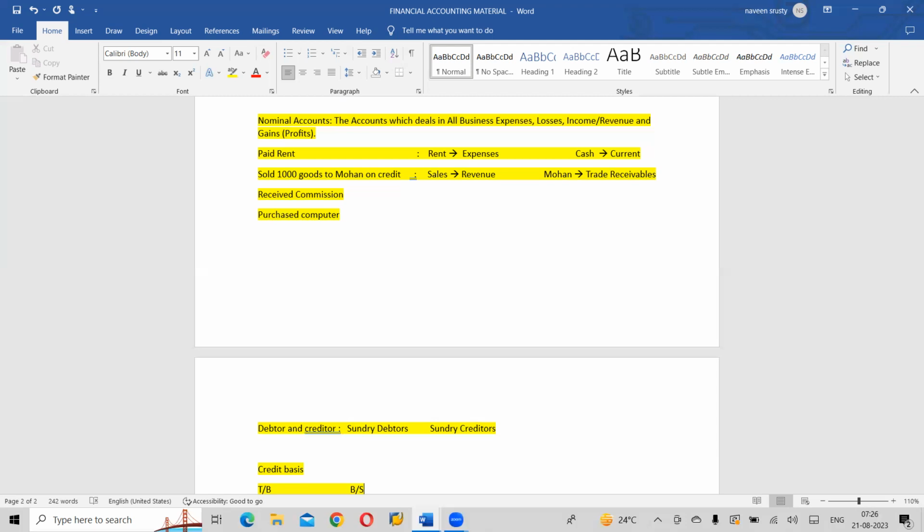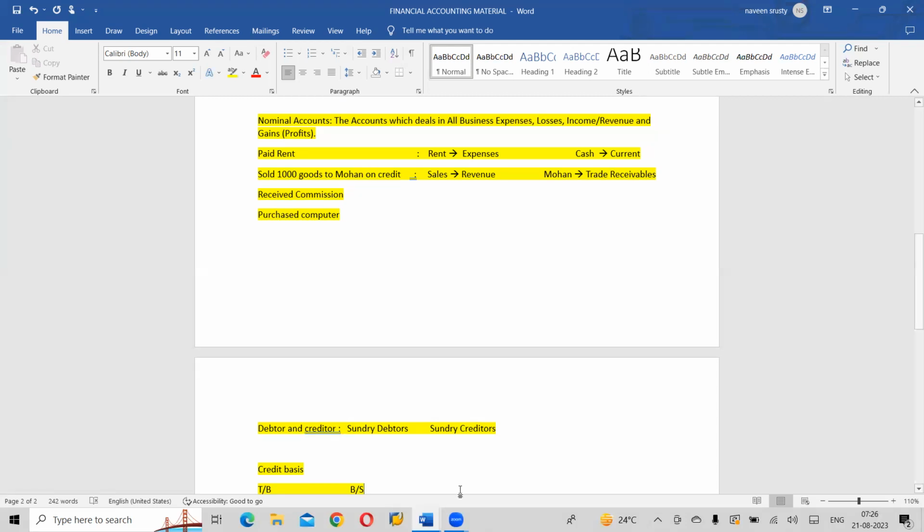Got my point, or you want me to repeat again? Yes, got it. Is this 10 lakhs inclusive of only one creditor or all the creditors? All the creditors. So is 20 lakhs what we need to receive from one debtor or all the debtors? All the debtors. So this 10 lakh is what we need to pay to a group of creditors, and this 20 lakhs is what we need to receive from a group of debtors.